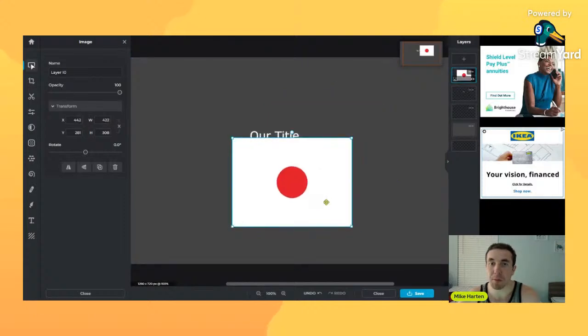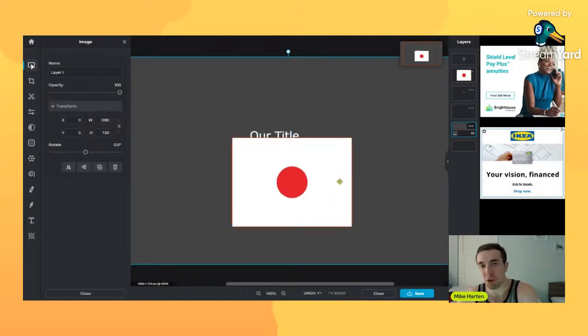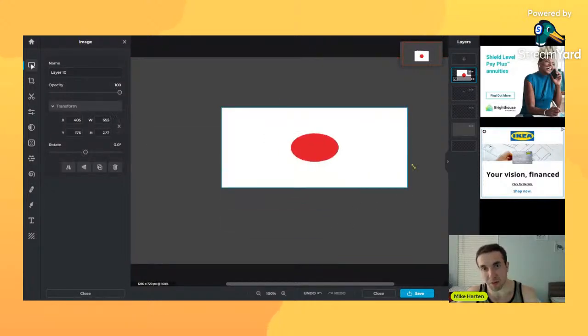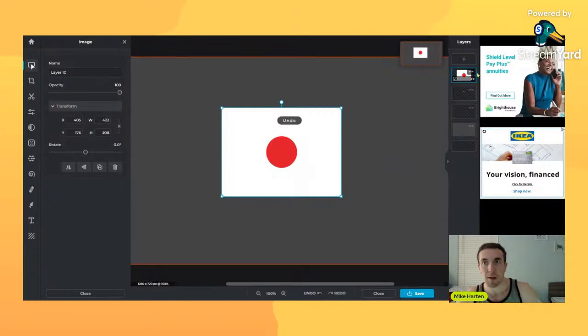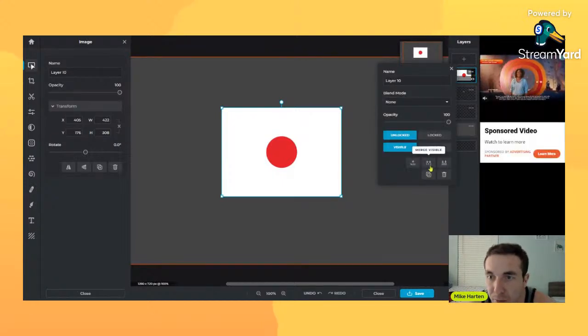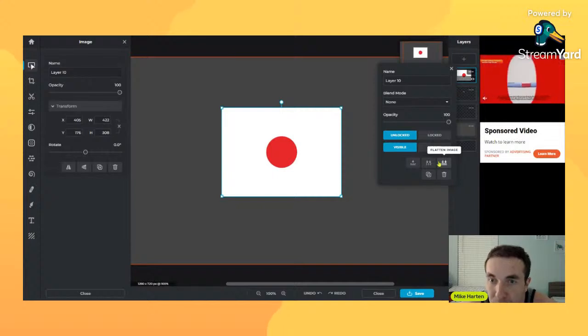Now we can't revert this, so you gotta be careful. So you might want to make a duplicate. But now we have this all together and we can resize it like this. So now it's easier to manage. There's also merge visible and merge flatten image. I never use flatten image, but